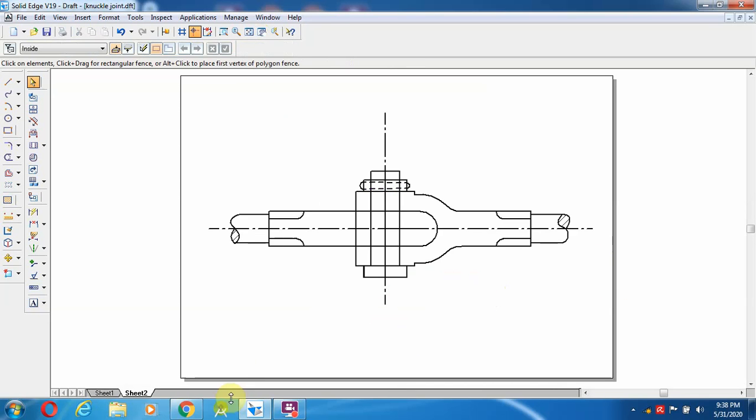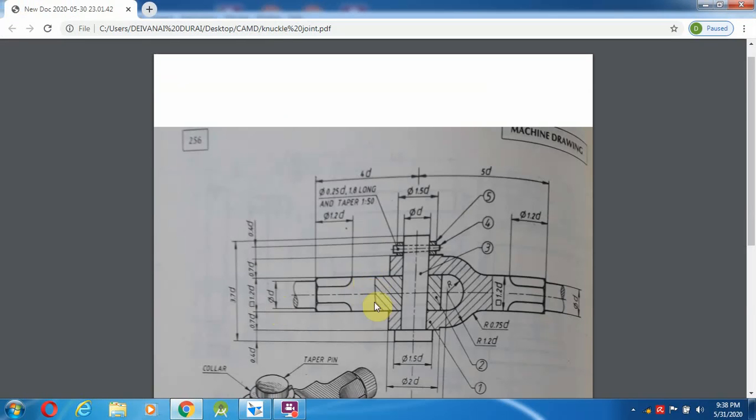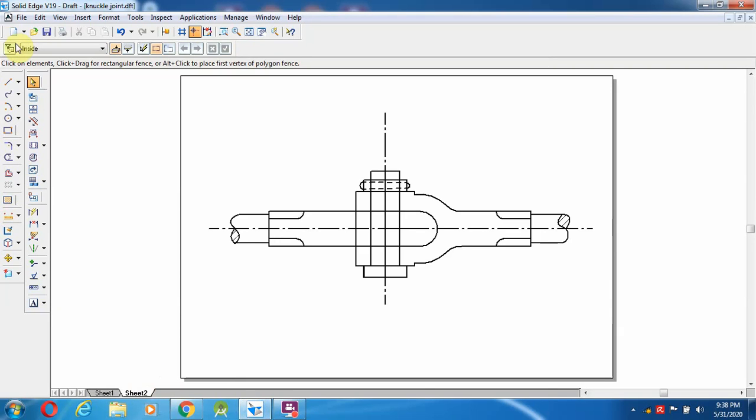So after giving the fit, then go over here. So wherever, so here as well as here the line, and so here one more line. So to draw these things, you can select the special line option. So from here I am going to draw one more special line, and going to use the trim option. So those lines are going to be trimmed. Select the fillet option. So here I am going to fillet.